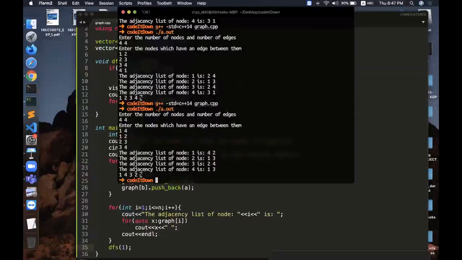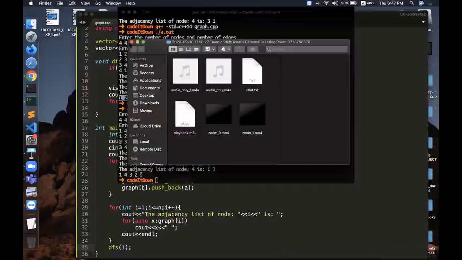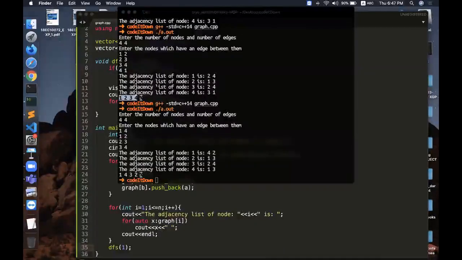Though it is the same graph, depending on the order of input you can see the DFS order changes. Before, the order was 1, 2, 3, 4. Now the order is 1, 4, 3, 2. This is because in the second case, in the adjacency list of 1, I first stored the node with value 4, and then the node with value 2.